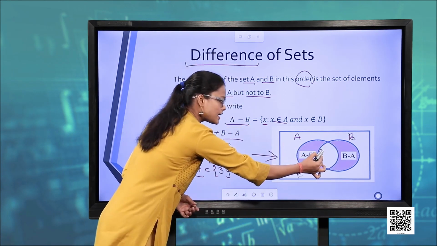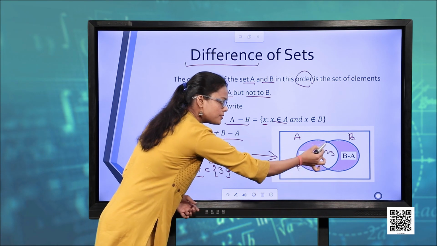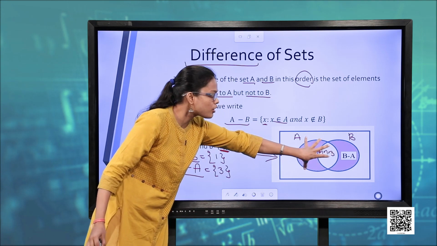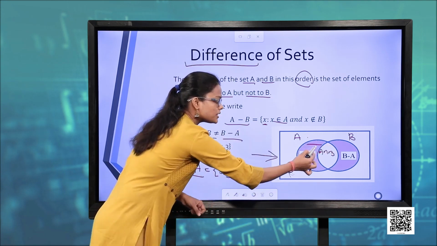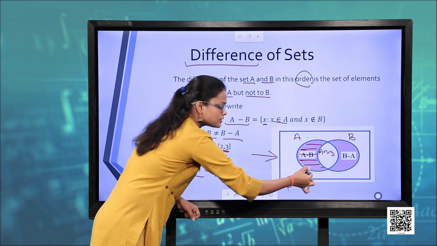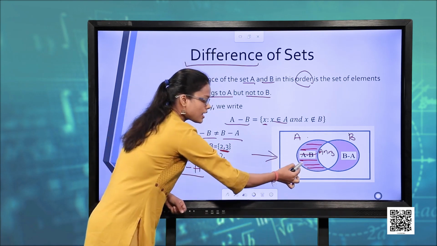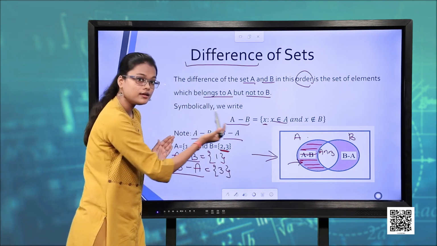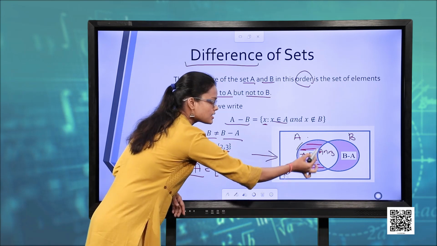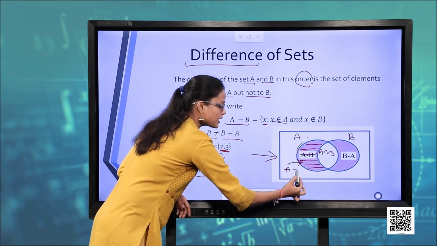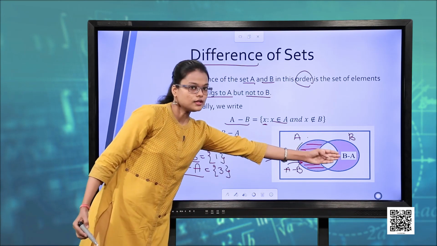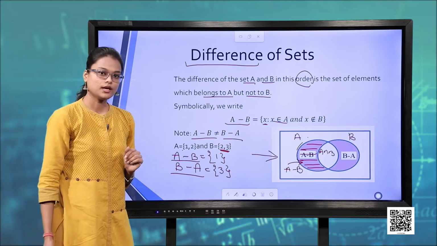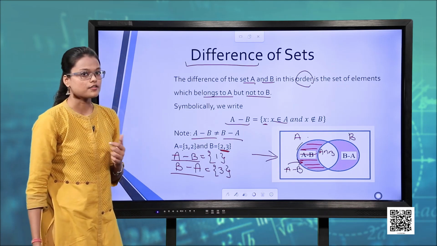This part was A intersection B, the common part. You may see, if I remove the common part from the set A, what will be there? What is left? This portion, and this portion is representing all those elements which are in A but not in B. So yes, this portion is representing A minus B, and the other similarly representing B minus A. Okay? Now let us take another operation,